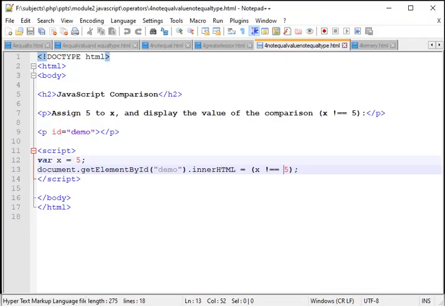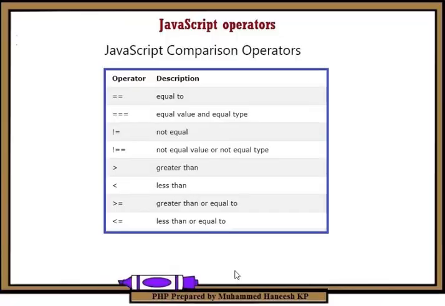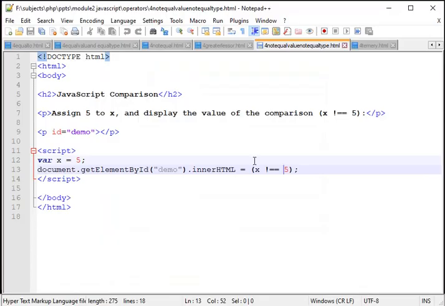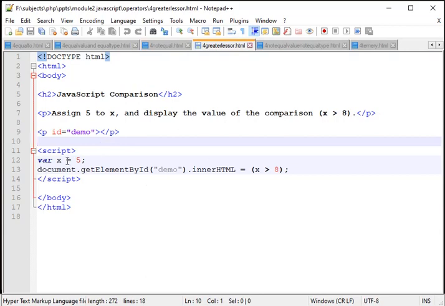Now our another comparison operator is the following operators: greater than, less than, greater than or equal to, less than or equal to. So here we have the value x, we are going to compare with the first one, greater than, x greater than 8. Is 5 greater than 8 true?